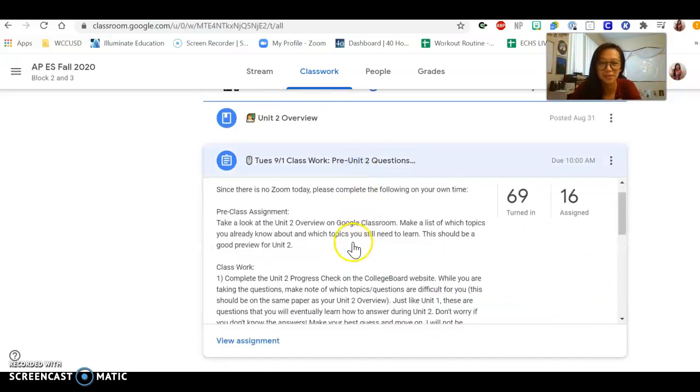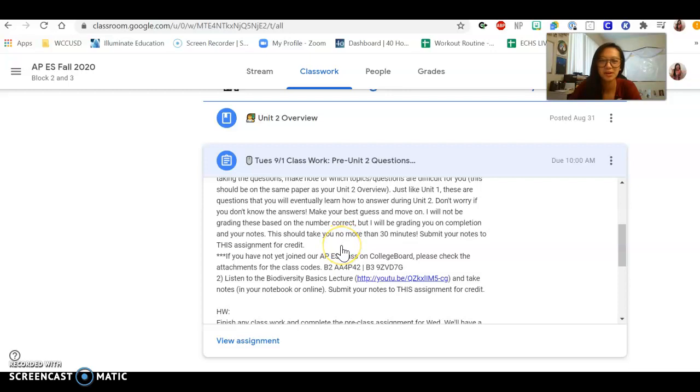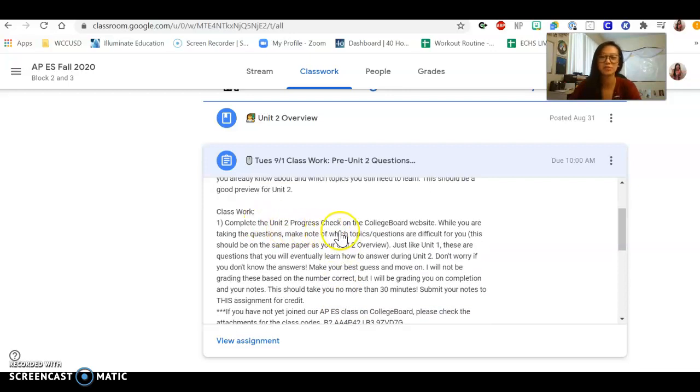And then after that, you were supposed to go through the Unit 2 progress check on College Board. So you sign into your College Board account, go to assignments posted by my teachers, and then you should be able to see the Unit 2 progress check. I know that there were some issues with it early on in the morning, but it seems to have been resolved in the afternoon. So if you haven't done that yet, please go ahead and head over to College Board